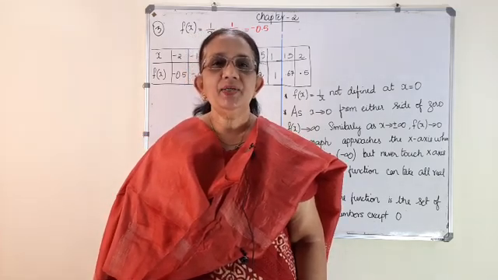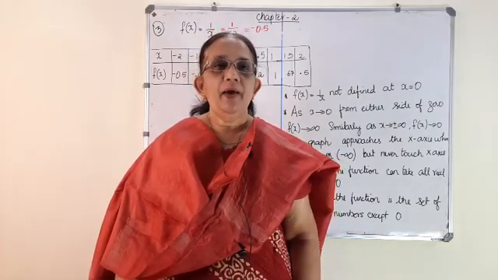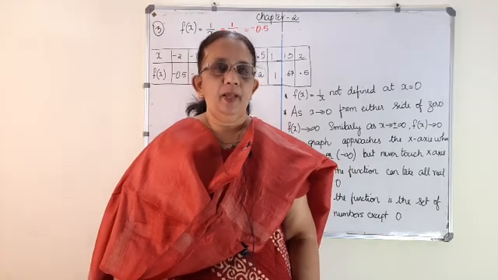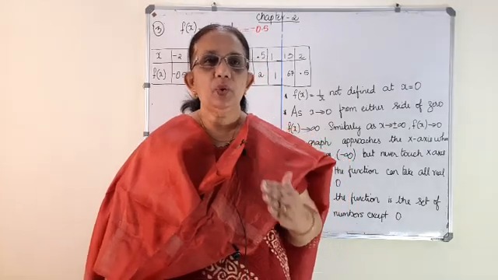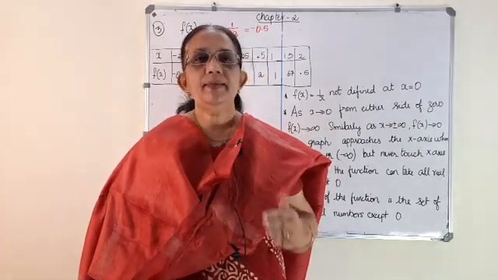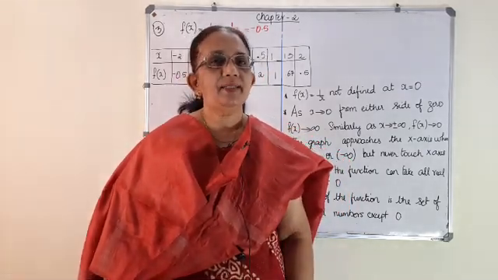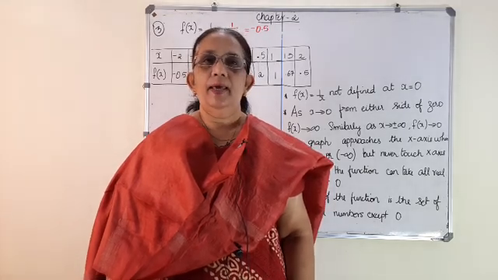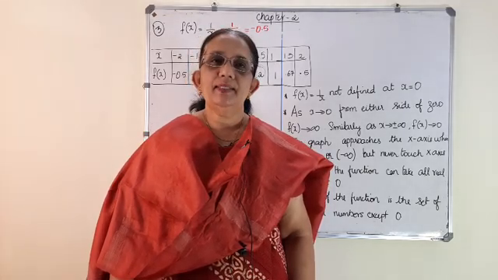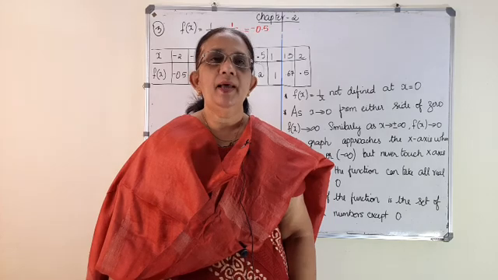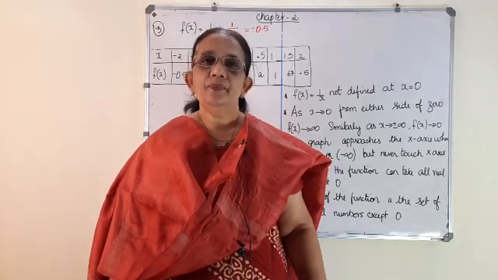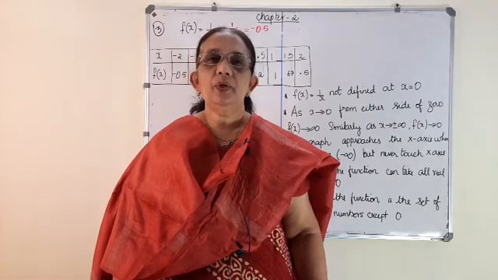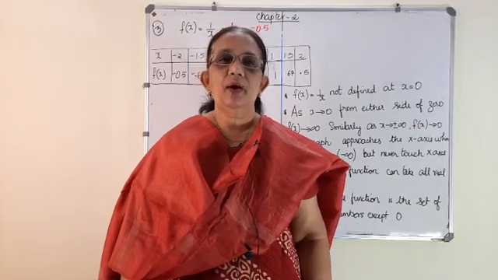The identity function graph is of the form f of x is equal to x, and we have seen that the graph is a straight line passing through the origin, and it makes an angle of 45 degrees with the x and the y axis. Another graph we have discussed is the constant function, that is f of x is equal to c, where c is any constant, and we have also discussed the domain and range of the constant function.